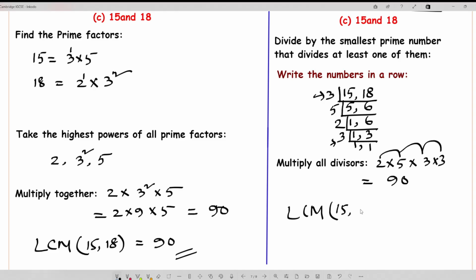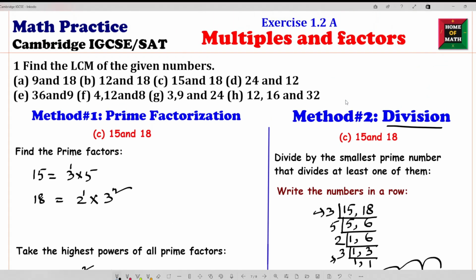What will the LCM of 15 and 18 be? 90. Now what about 24 and 12? A, B, C done. This one also we can solve here. No need to. Here is 24 and 12, right? So once we make the prime factorization of 24, we can write, look,